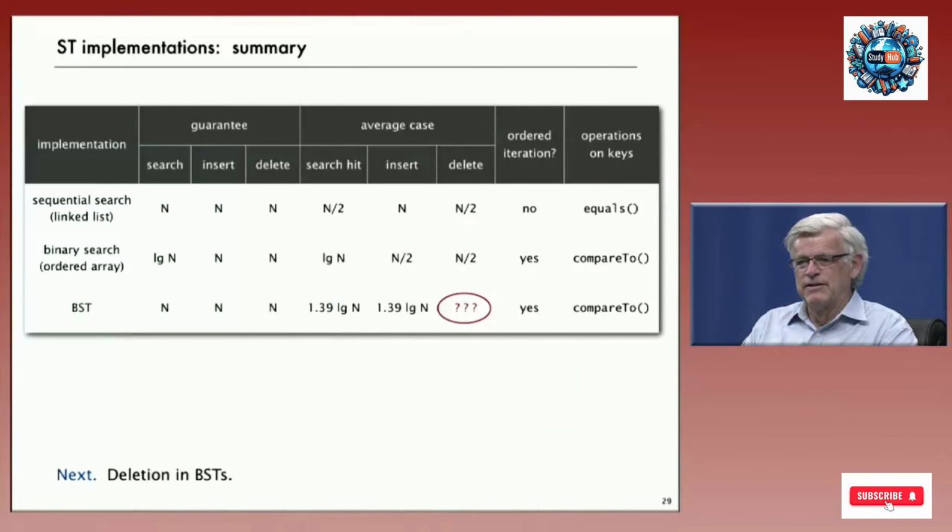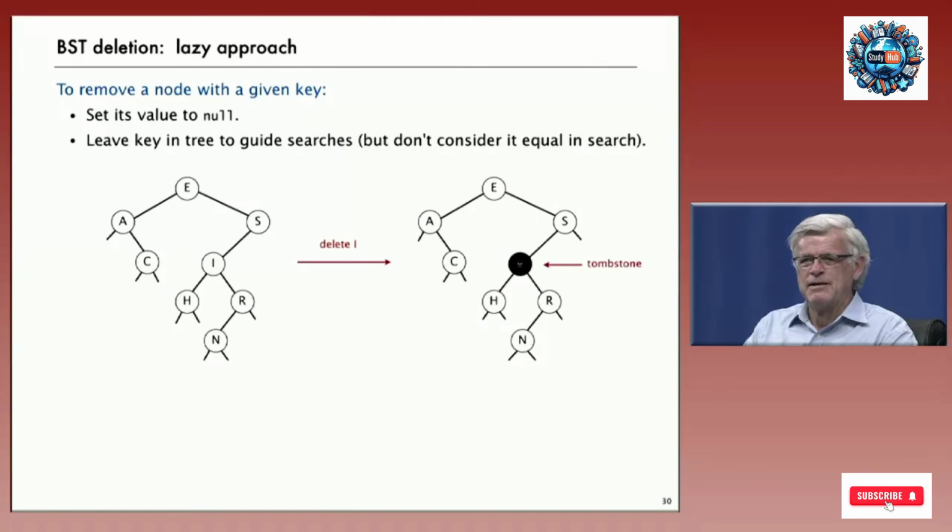So we need to fill in this one table. What's the cost of deletion in a binary search tree? How are we going to really do that? Well, let's take a look at a very lazy approach, which we set up for in our basic conventions for symbol tables. What we can do to remove a node with a given key is just mark it with a tombstone. We'll leave the key in the tree to guide searches, but we won't count it as being